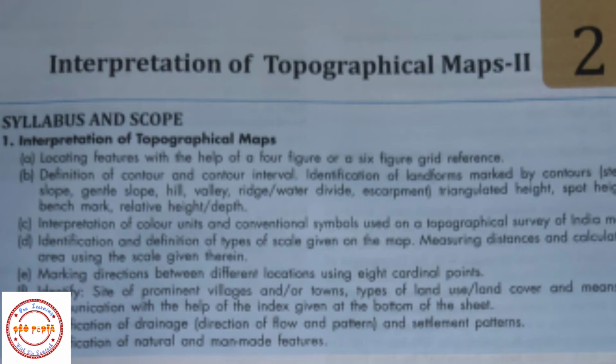So hello students, today we are going to start our second chapter, that is interpretation of topographical maps. Now students, what is the meaning of interpretation of the topographical map? The interpretation of topographical maps involves the ability to follow and understand the symbols portrayed in the map and understand the information given in pictorial and written form, and visualize the topography of the original area by interpreting the contours and spot heights skillfully.